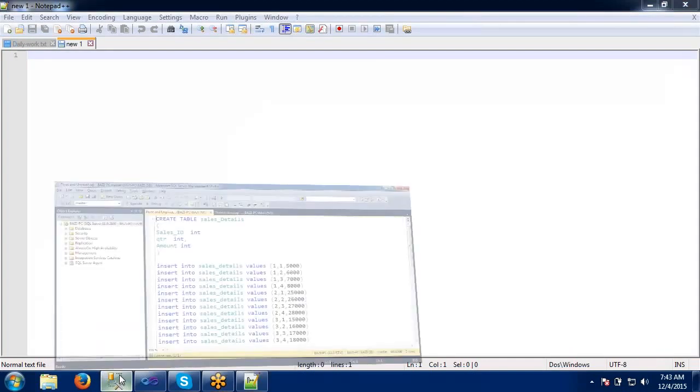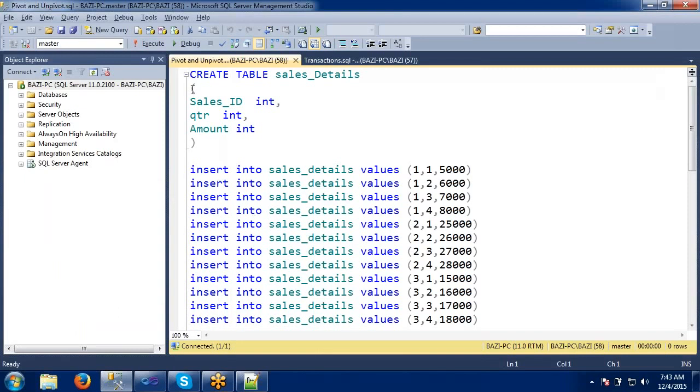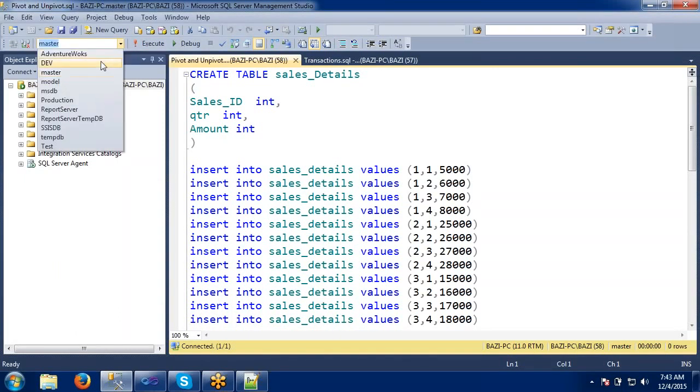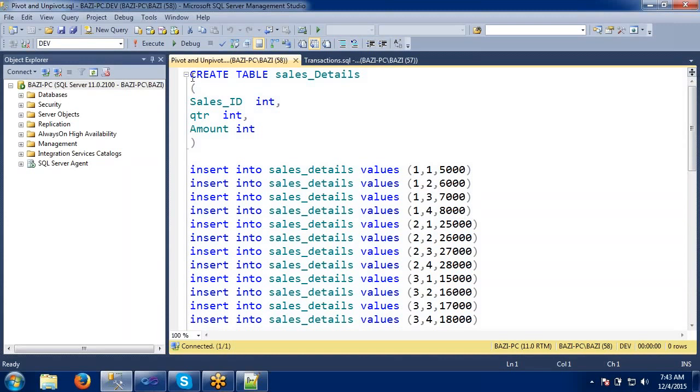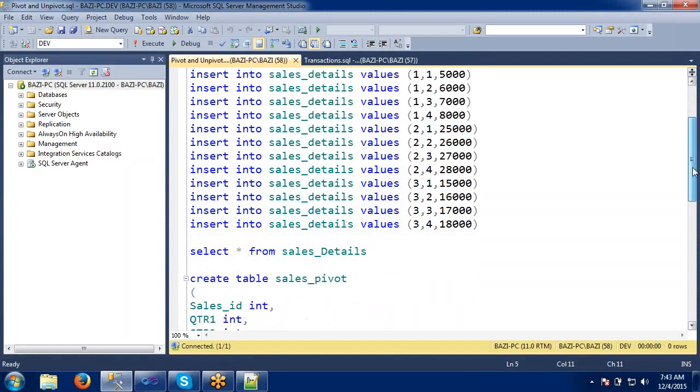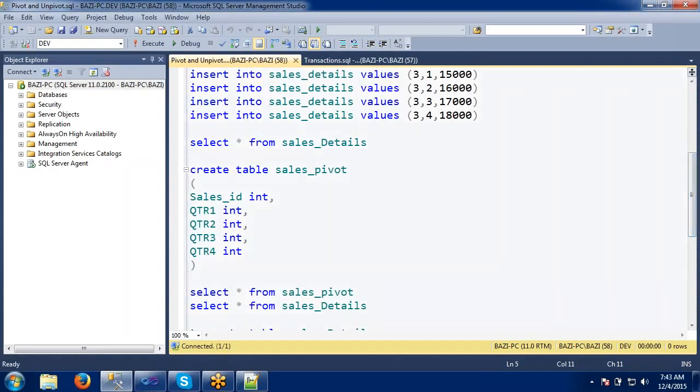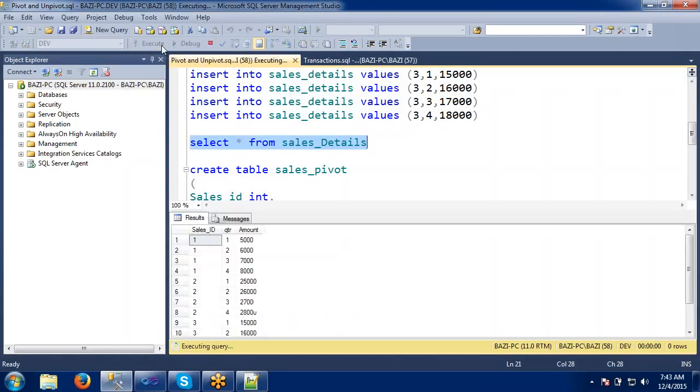For that sake, I have already created one table here with what we have discussed till now. I have created one table, sales details. In that I am having sales ID, quarter and amount, so three columns. I have inserted the data into the table, and this is the table where my data exists.